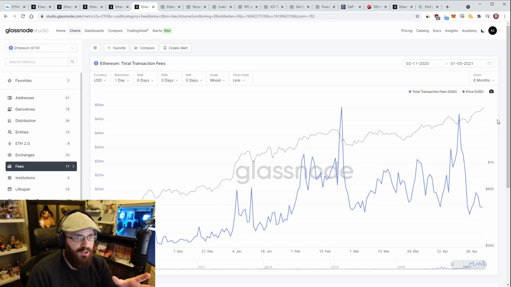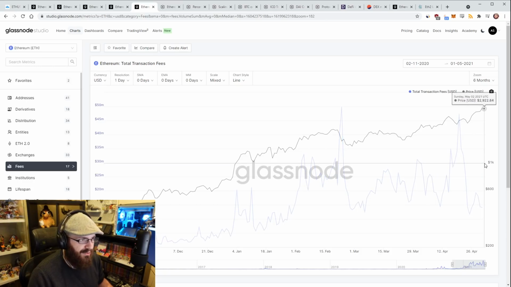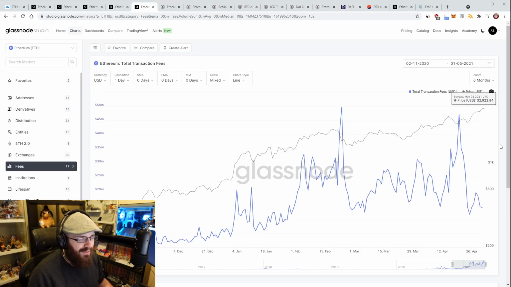But that's the beautiful thing about 1559: even if you're going around the public mempool, and even if you're trying to avoid paying public fees, you still have to burn ETH. The miners would still have to burn ETH to put your transaction into a block because of EIP 1559's base fee mechanism. So it's going to be interesting to see how that plays out. And $15 million, even if we say that only $10 million of this will be burned, which I think is going to be more than that, but just say 10 million. That's still 10 million in ETH being burned every day right now.